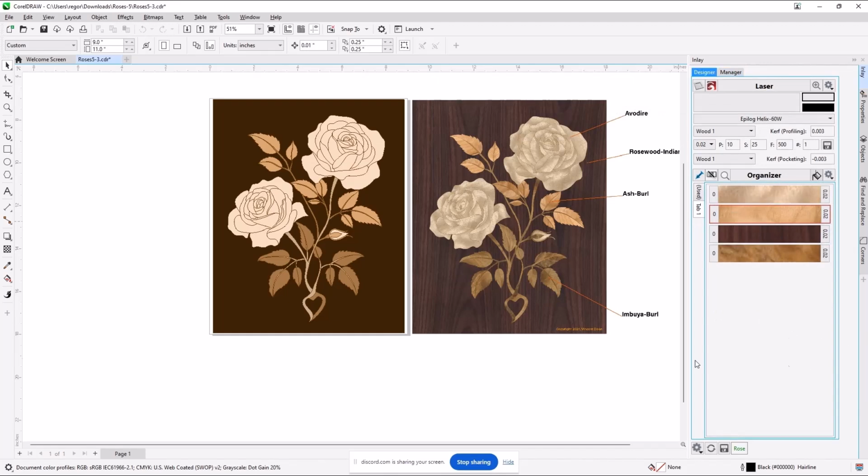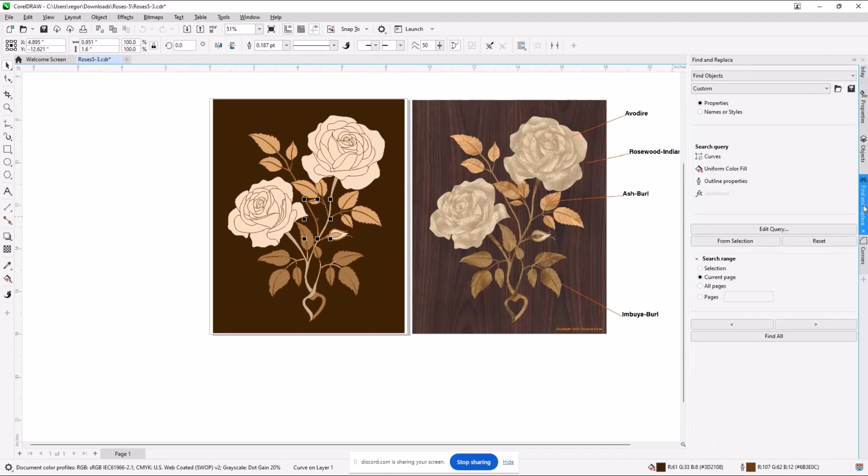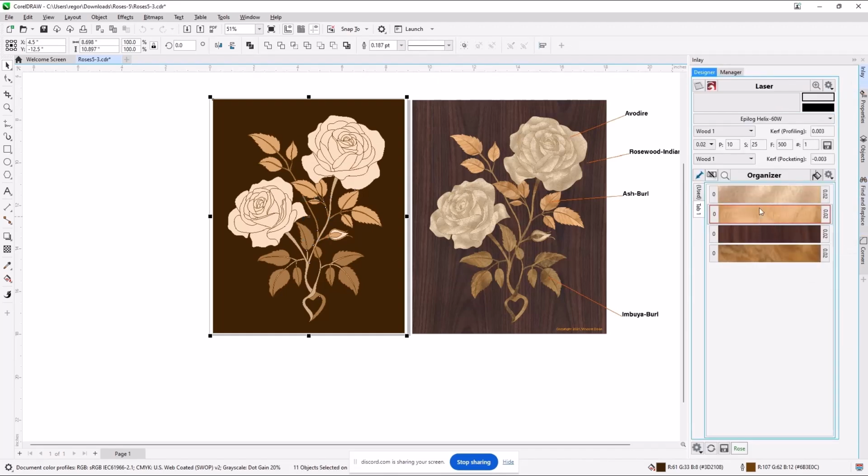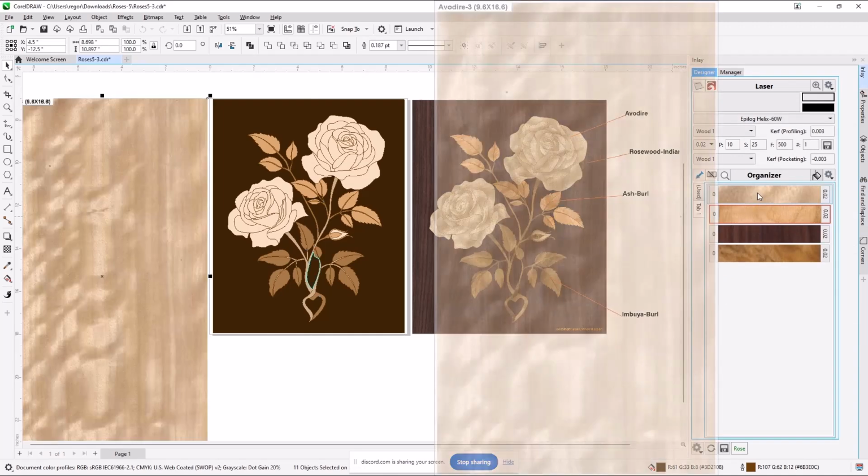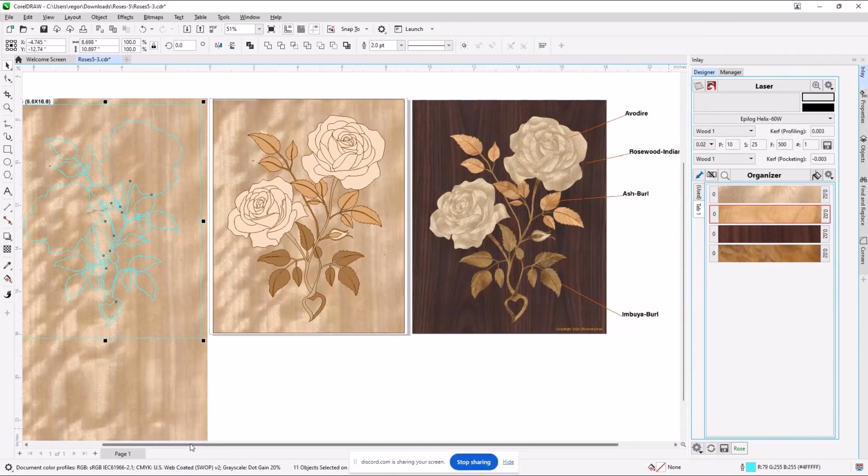So let's do the same exercise we just did without the veneer. I've got brown. I got brown in the middle. I'll pick that one just because it's easier. I'm going to go over here to find from selection, and we're doing the entire background when we go to do the next step. So of course, the first thing Roger's going to do is grab the wrong veneer and see how it looks. And the answer is that's probably not a good choice for a background.